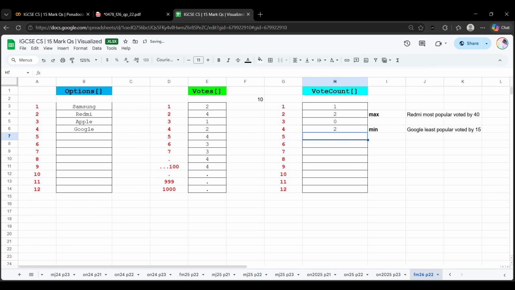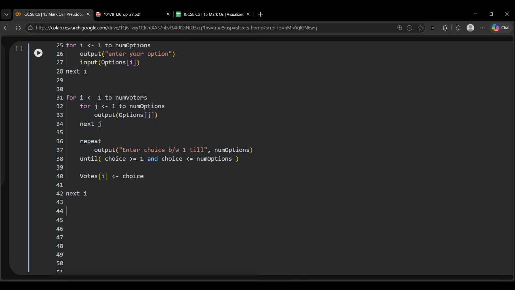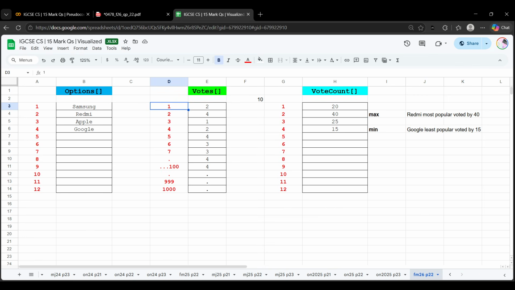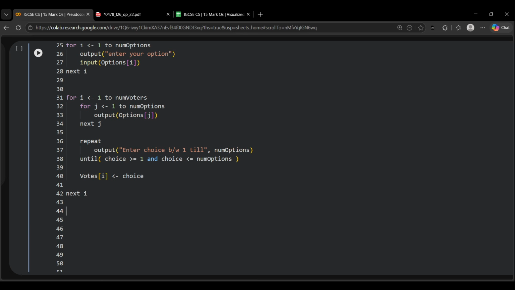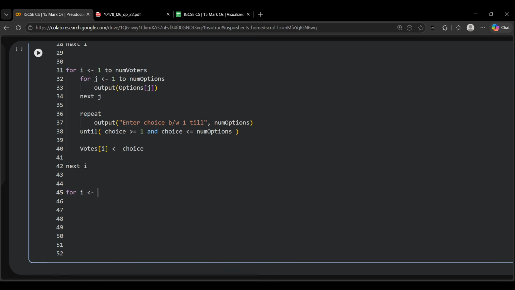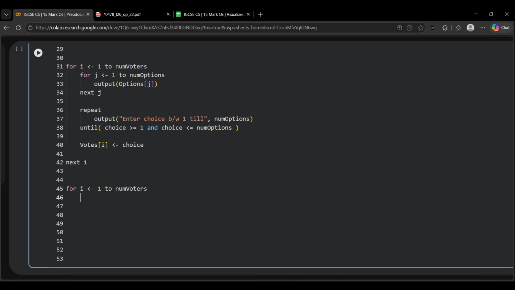And if we keep on doing this, by the end we'll have some values for all the 100 users and it might look something like this. This is what we're going for. Now, how do we do this in code? It's very simple. We are just going to again go through the values. So for all the number of voters that we have, let's say we have 100 right now out of 1000, we'll put a loop for i to number of voters. Let's assume that's 100. So what I'm going to do is I'm simply going to pick the index from the current votes